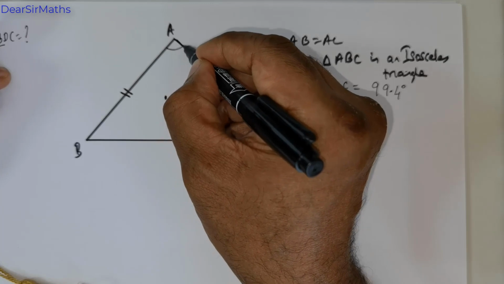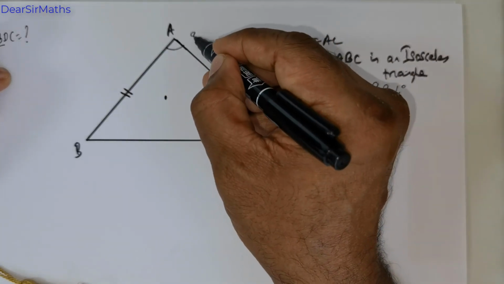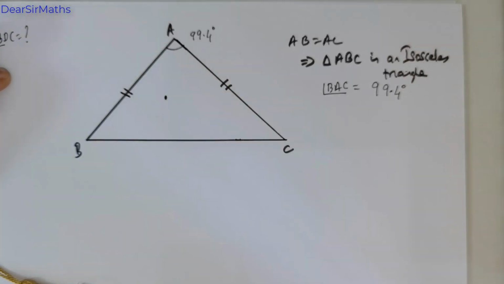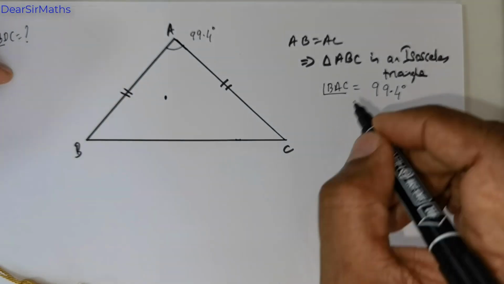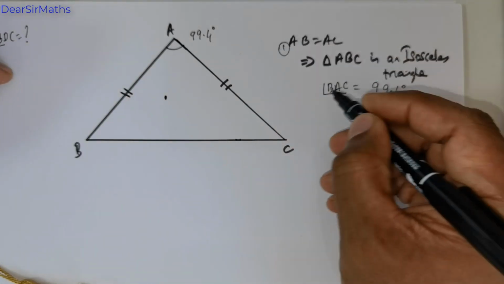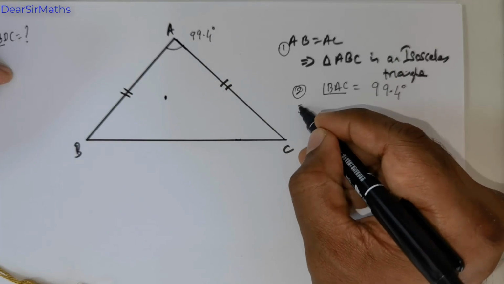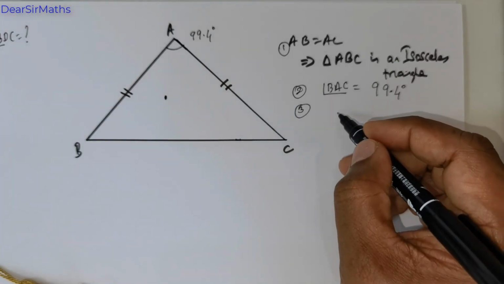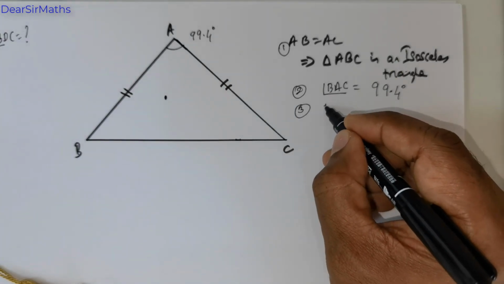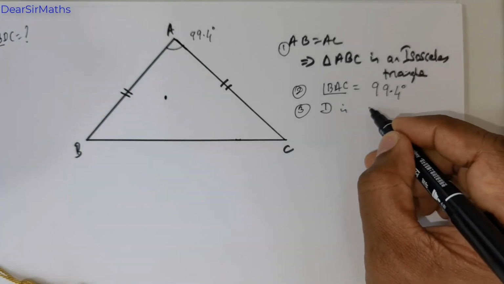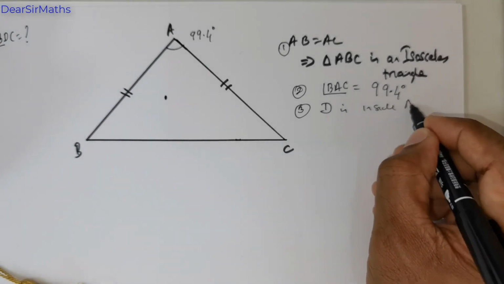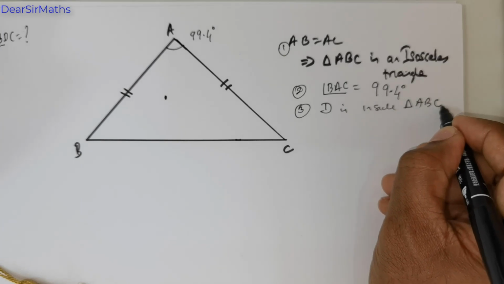So this angle is 99.4 degrees we have been given. So this is the first point, this is the second point, and the third point is D is inside triangle ABC